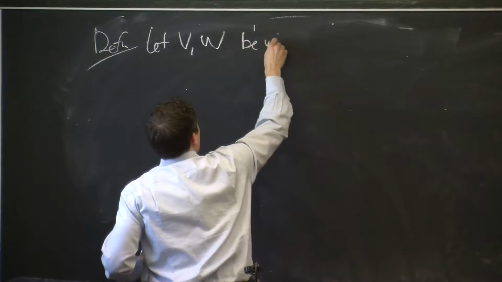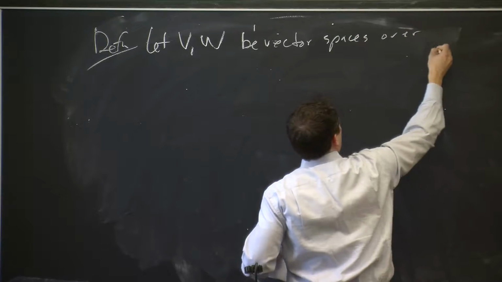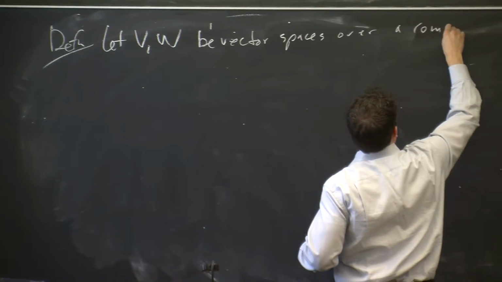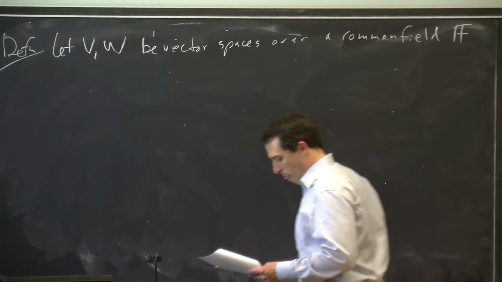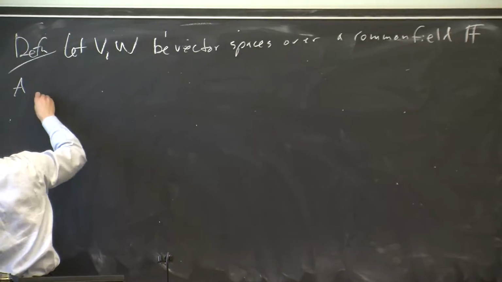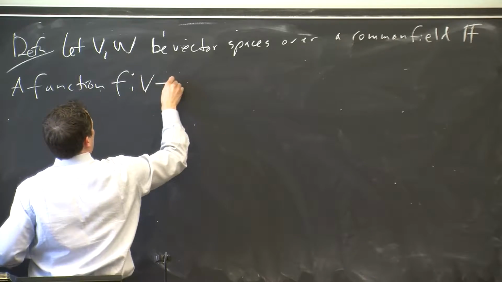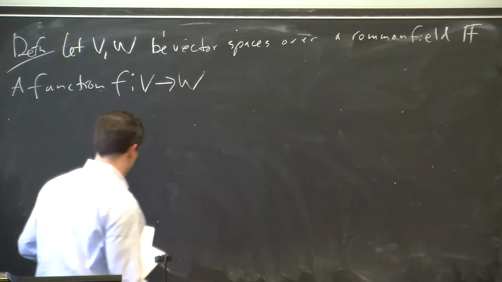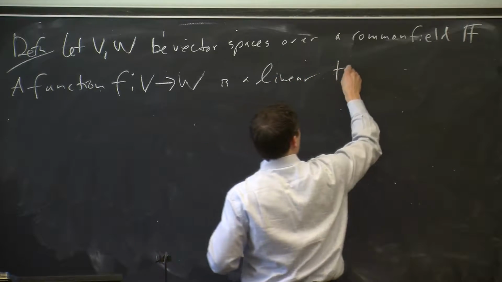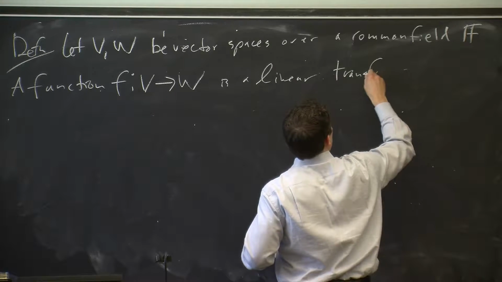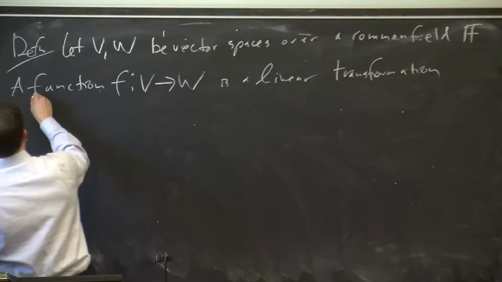Let V and W be vector spaces over some common field F, a shared field F. A function f from V to W is a linear transformation from V to W